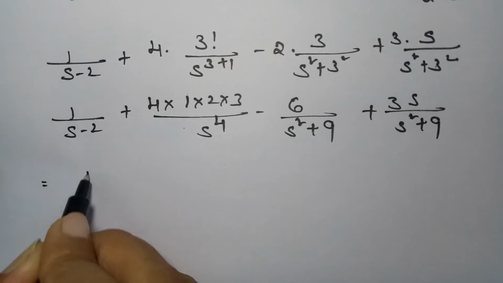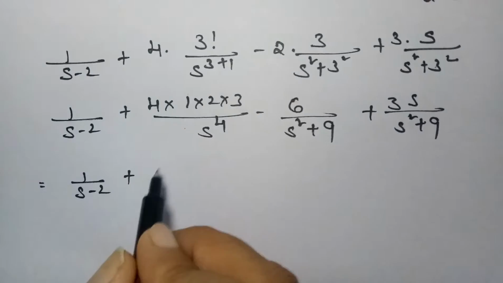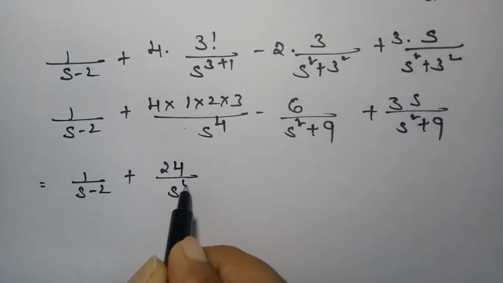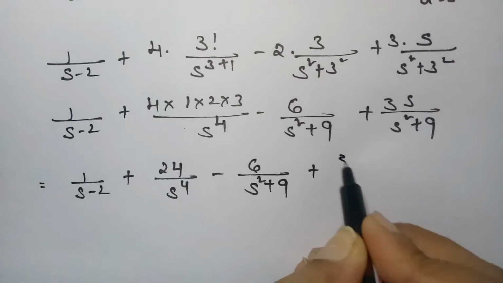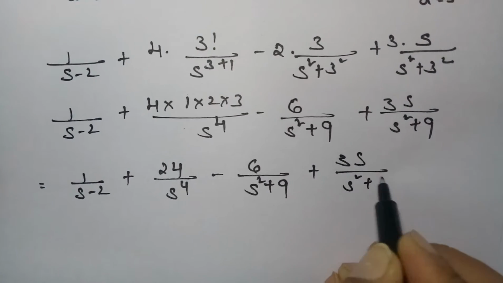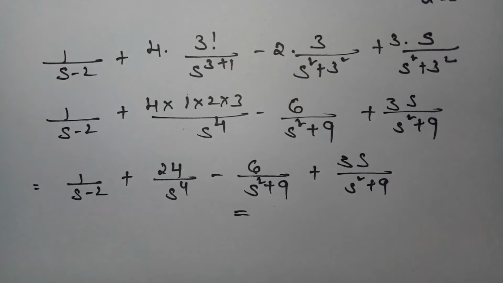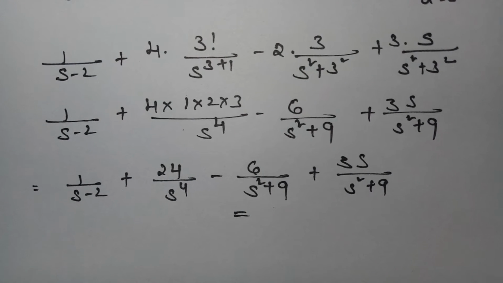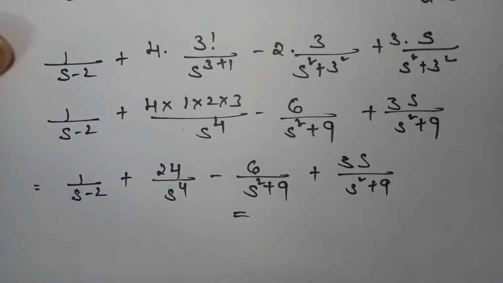So the solution is 1 by s minus 2 plus 6 fours are 24 by s power 4 minus 6 by s square plus 9 plus 3s by s square plus 9. So this is how we have to solve. So if you know all the formulas, you can immediately write down and you can solve. So the next problem is, if we solve